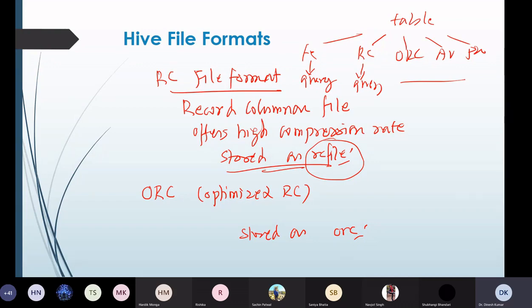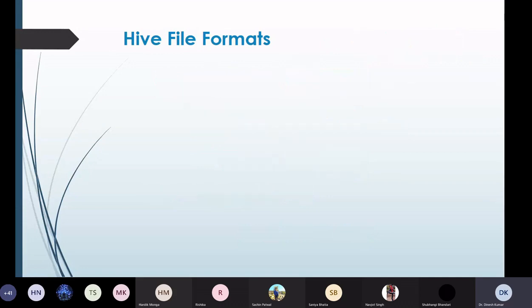Because ORC files provide better efficiency compared to RC files, they improve the efficiency of Hive in reading, writing, or processing data from large tables. Then we have the Avro file formats.